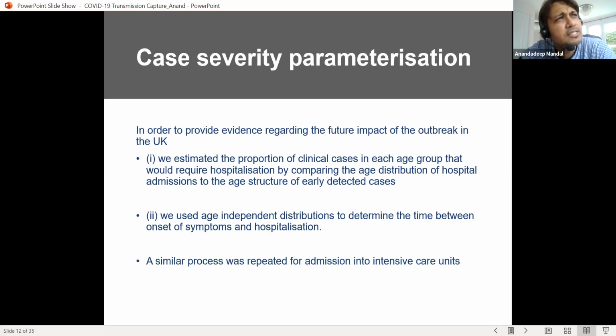One of the biggest problems which we had in the initial stages, so I'm talking about, this model was developed, I think we got it at the end of February 2020, but the initial results we started getting from March. One of the biggest problems which happened was we had very little data to match.